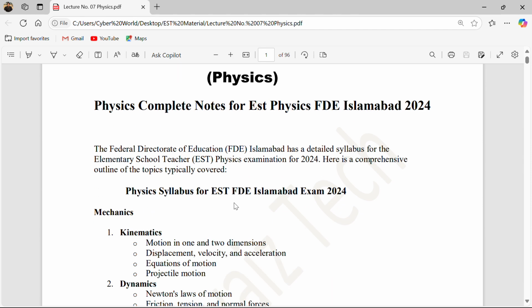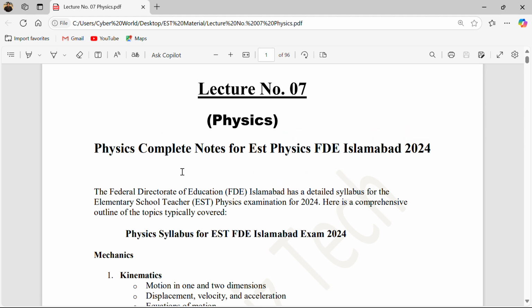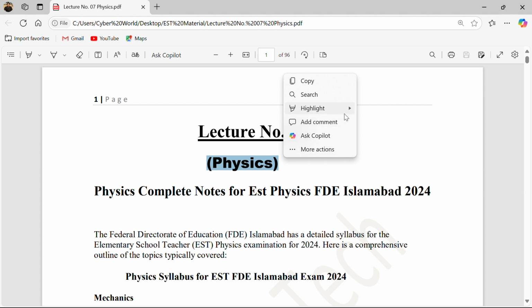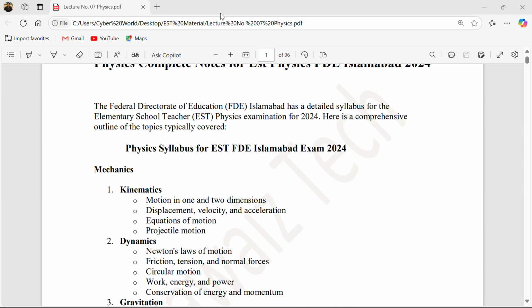So the Federal Directorate of Education Islamabad basically has a detailed syllabus for the elementary school test EST, and this is for the EST physics examination. And you know that for the physics paper concerned, 60% marks is from your course, like from physics, and 20% is pedagogy, and the remaining 20% is from English. So in this physics section we will cover those topics which are very important and mostly repeated MCQs we will